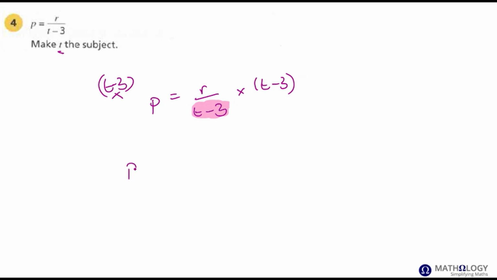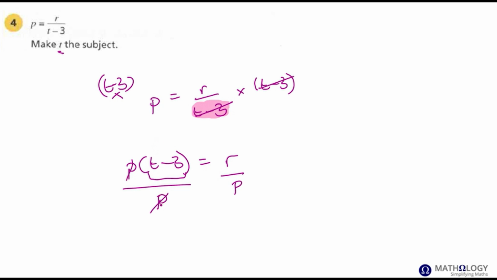So on the left hand side we have P times T minus 3 equals, now these will cancel, which is precisely the reason why we multiplied by T minus 3 in the first place. So P times T minus 3 equals R. Now T is part of this bracket here. We multiply by P, so we're going to divide both sides by P now,